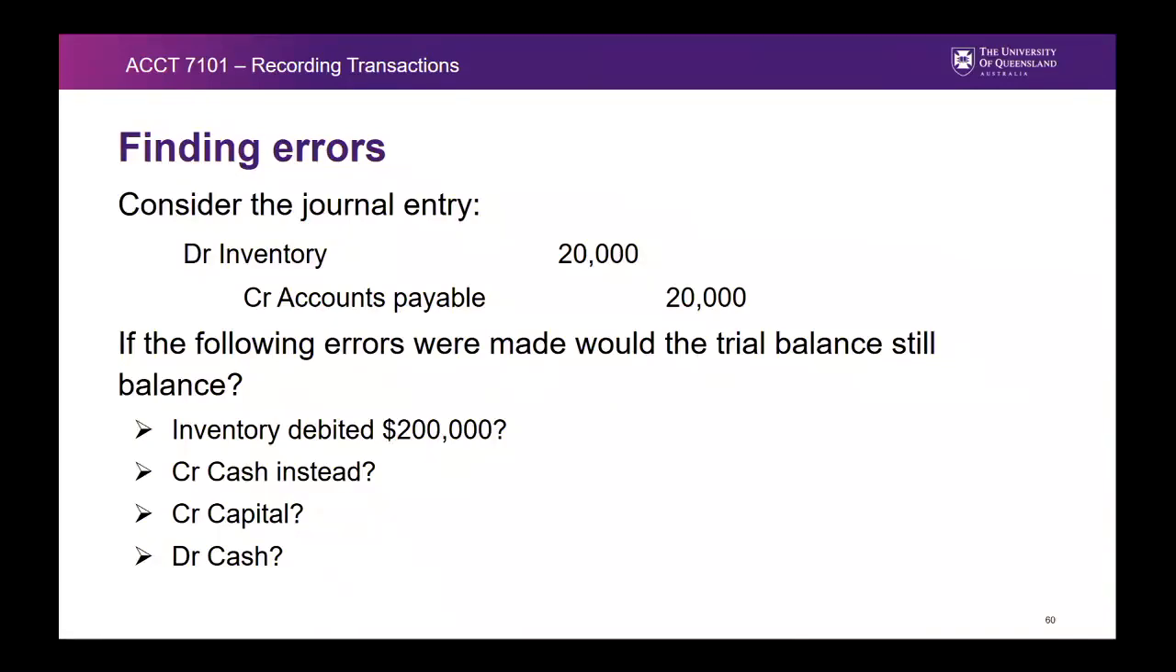Yep. Yes, correct. Yeah, that's correct. So if I made the same mistake twice, and by writing both 200,000, then it'll still balance, but my trial balance amounts won't be correct, so it'll be wrong. Yep. Well, in the exams, do you carry that